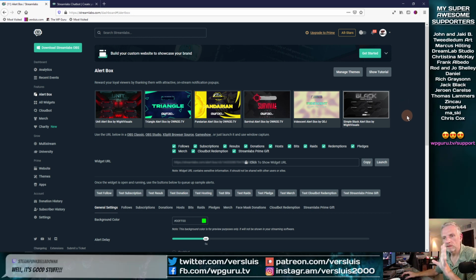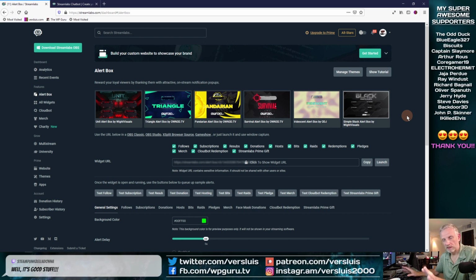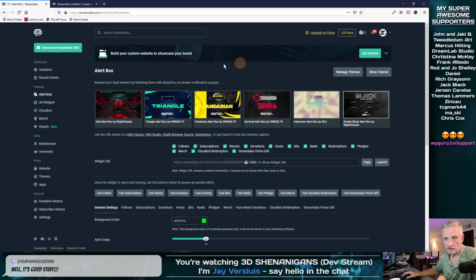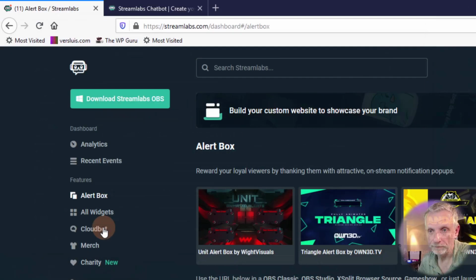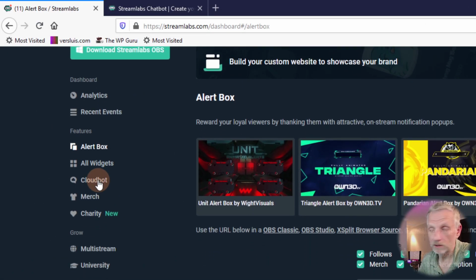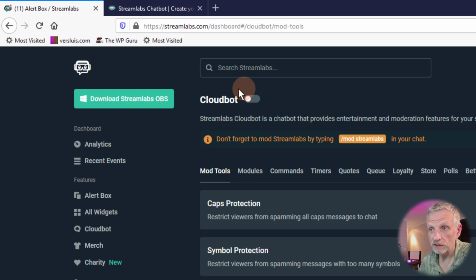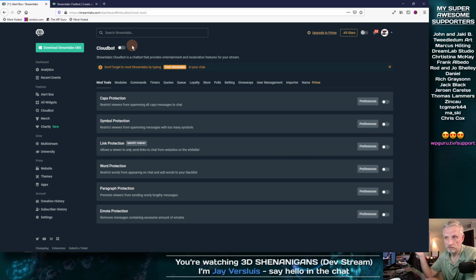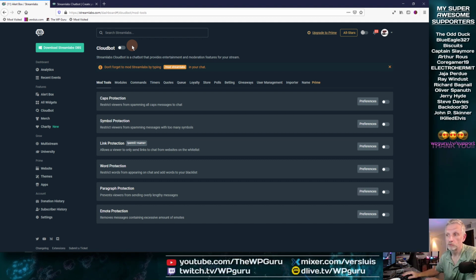So speaking of the bot, these guys have basically taken the installable version of the bot and turned it into a cloud bot. And that's available on the side here, Cloudbot. You can click on that and then you can enable it. Currently mine is disabled, and much like the standalone version, it also needs to have its own account. Luckily, they've already provided one. So unlike with the installable version, you don't have to go and create a second account. You can just use the Streamlabs account.